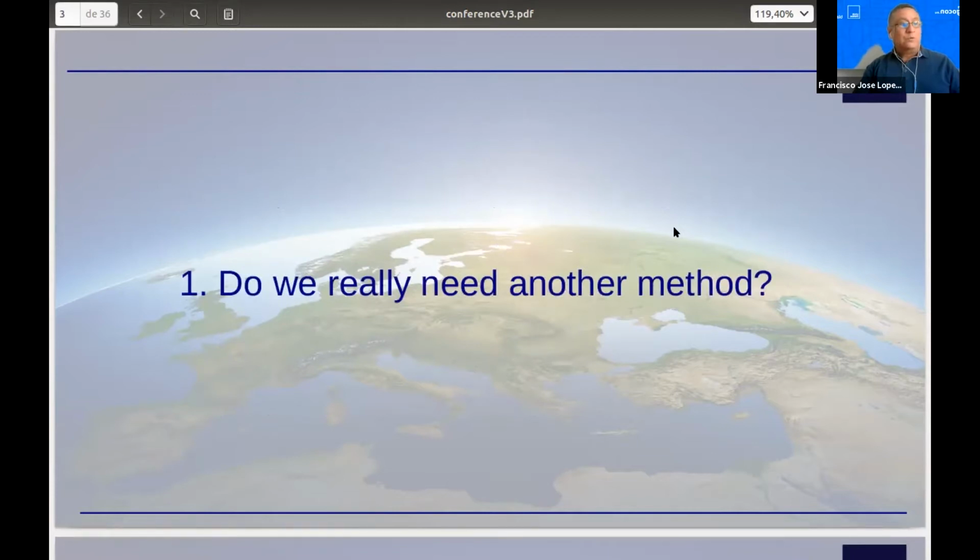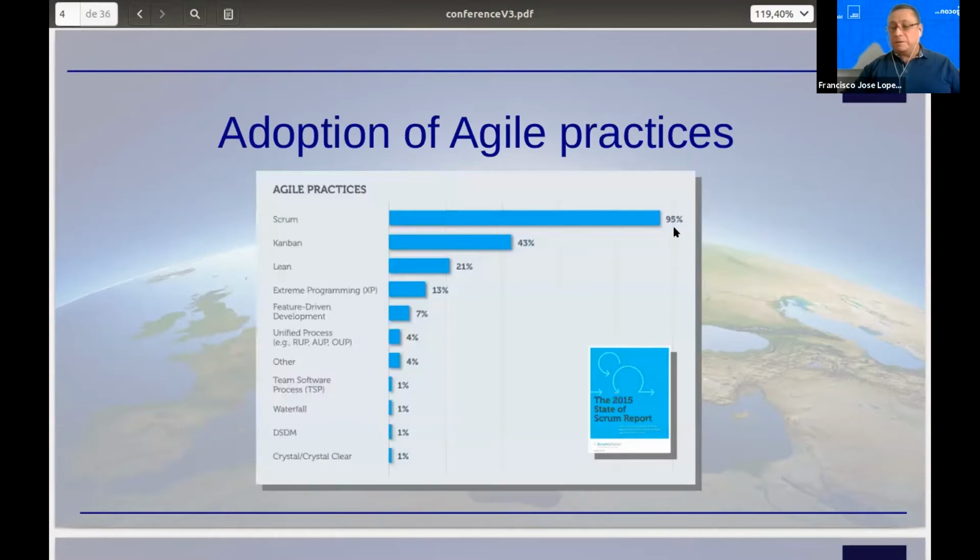Okay, do we really need another method? This graph shows the adoption of Agile practices. It is from 2015, the State of Scrum report, but still very valid. Things haven't changed so much. You can see that almost 95% of responding organizations, almost everyone, uses Scrum, which is good. 4 out of 10 use Kanban, 2 out of 10 use Lean development concepts, 1 out of 10 use extreme programming, almost 1 out of 10 use feature driven development,